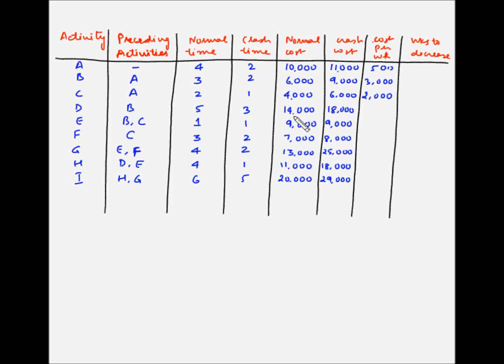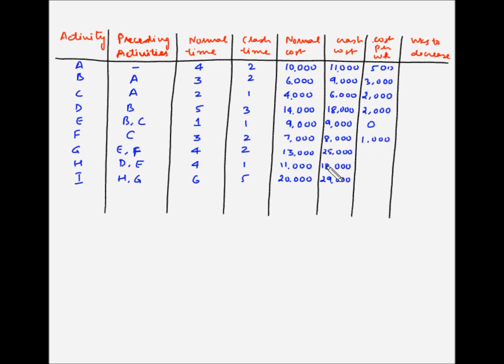For D, the cost difference is $4,000, whereas the time reduction is 2 weeks. So 4000 divided by 2, which is $2,000. For E, there is no reduction in the crash time, nor is there a difference in the normal cost and the crash cost, so cost per week is 0. For F, the cost difference is $1,000 while the time difference is 1 week, so 1000 divided by 1, which